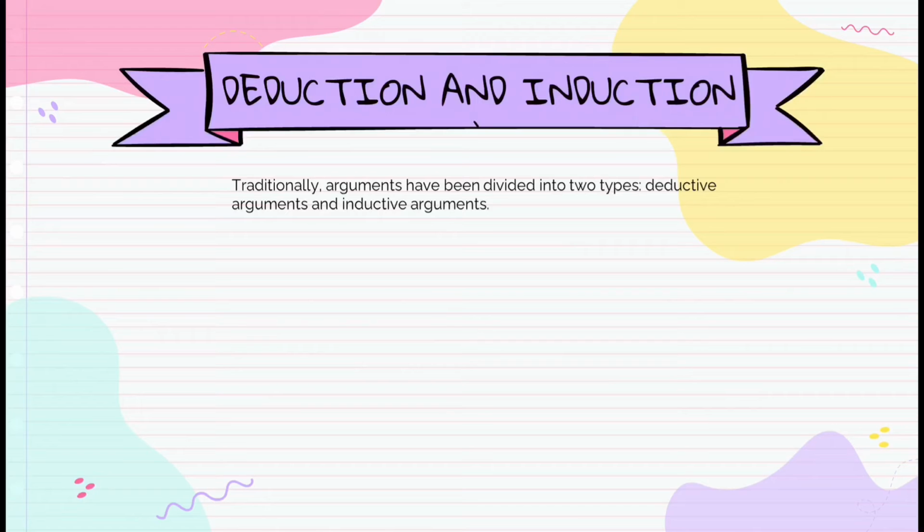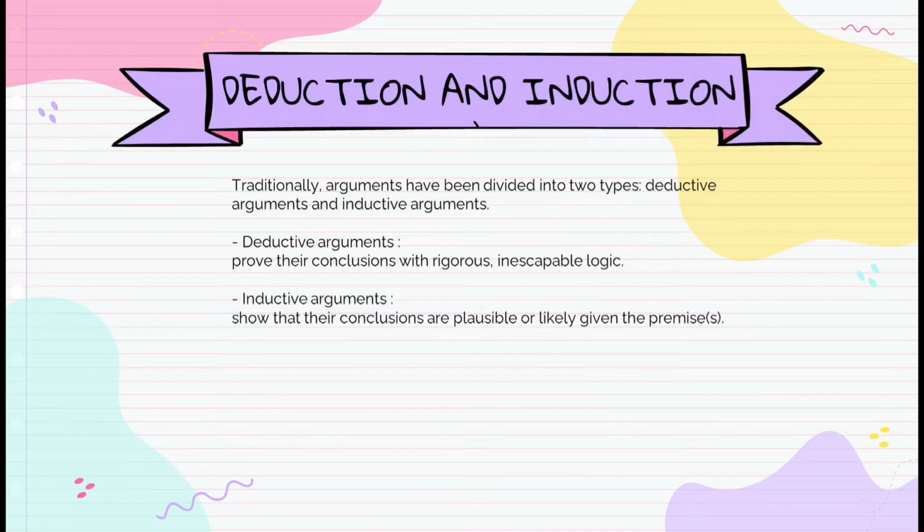Traditionally, arguments have been divided into two types: deductive arguments and inductive arguments. All arguments claim to provide support, that is, evidence or reasons, for their conclusion. But arguments differ greatly in the amount of support they claim to provide. So, deductive arguments prove their conclusion with rigorous and inescapable logic, while inductive arguments show that their conclusions are plausible or likely given